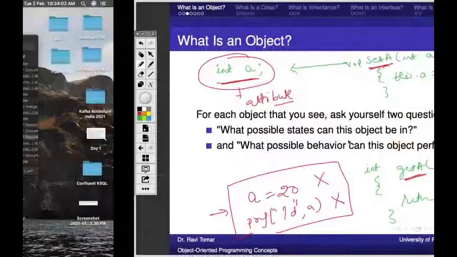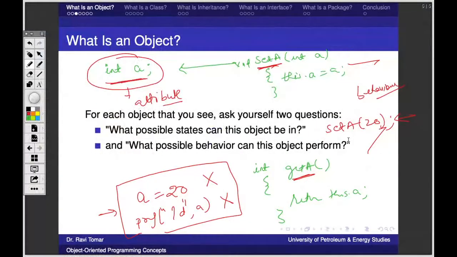Similarly, we have get A, which will return the value. So instead of this printf, I will write get A. How is this going to help me? Can anyone tell me how this is going to help me? Why do we have this? Instead of accessing the variable directly, I will be using these kinds of methods, and these methods are called